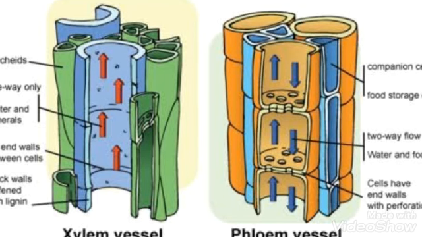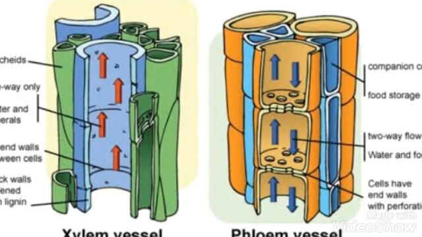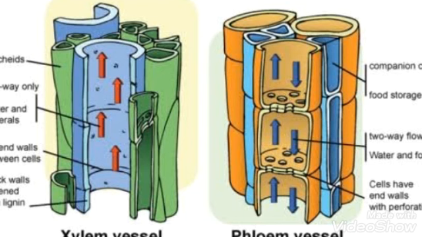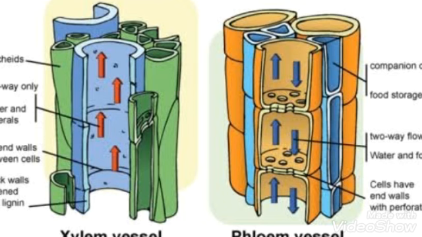The movement of the glucose from leaves to the root is through phloem, and it is called translocation, and glucose is transported in the form of sucrose. So this is how the transportation takes place in